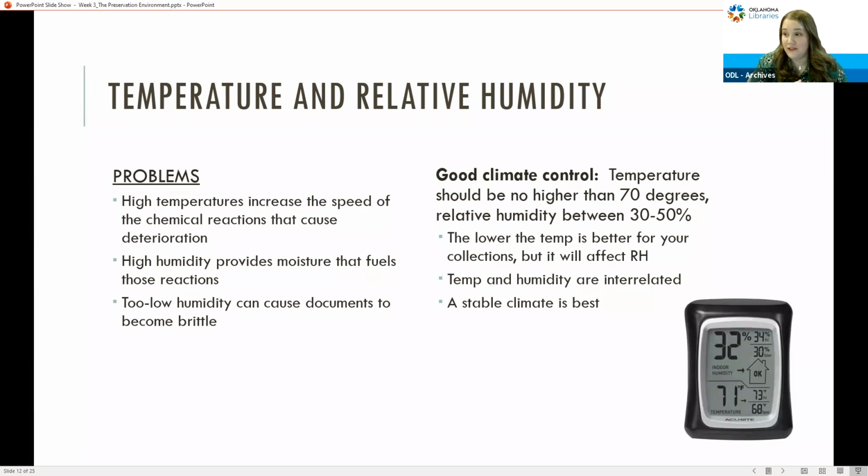If you don't have enough humidity, that can pull a lot of moisture out of your documents and cause them to become more brittle. So good climate control, just as a baseline, your temperature in your storage collections area should be no higher than 70 degrees. And you should try to maintain a relative humidity between 30 and 50%. Of course, the lower the temperature is better for your collections, but keep in mind that that will affect your